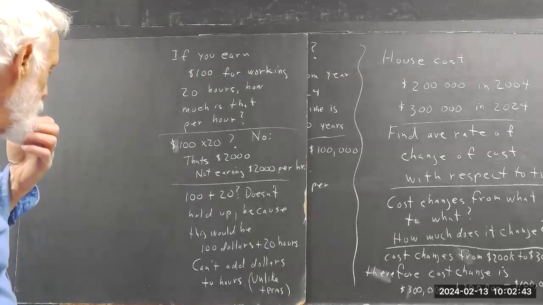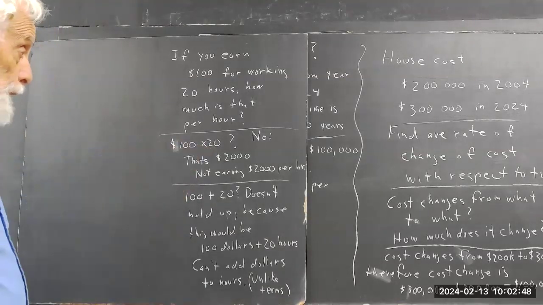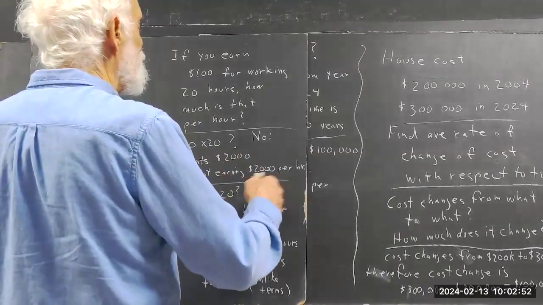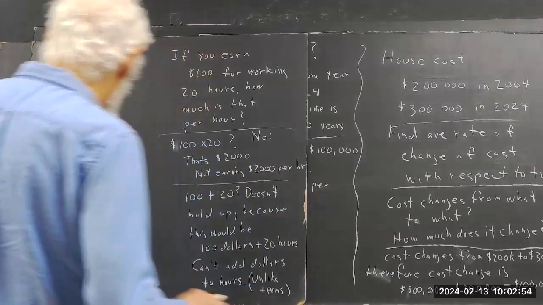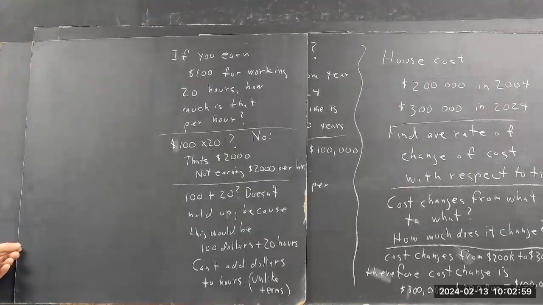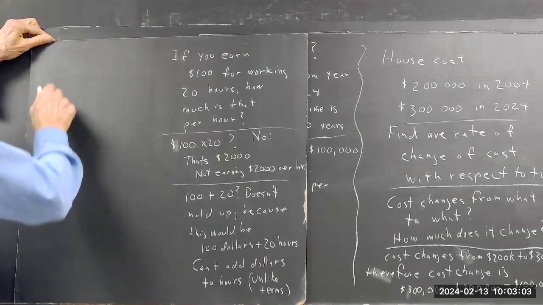Okay? So we could multiply $100 by 20 hours, we get $2,000 hours, which could make sense in certain contexts, but probably not in the context that we're talking about. Okay? How about